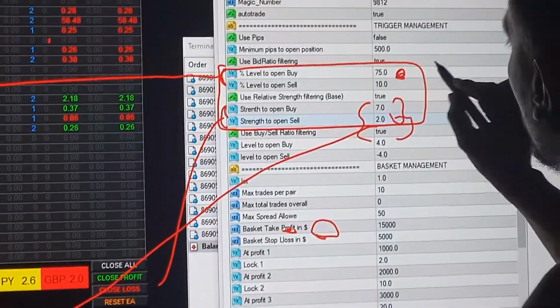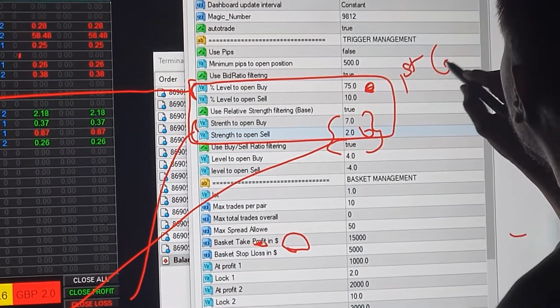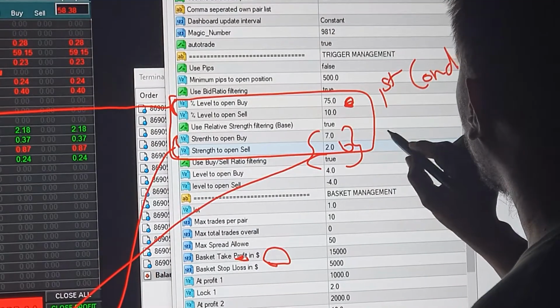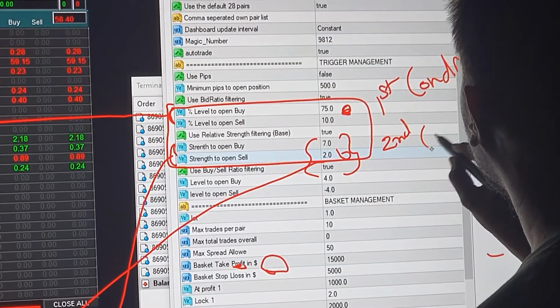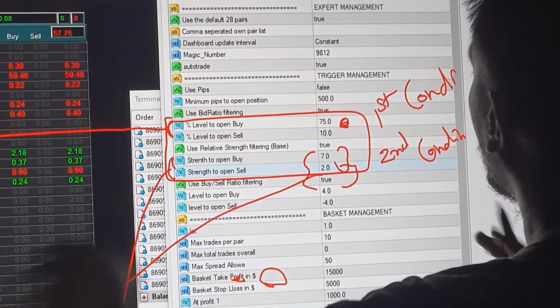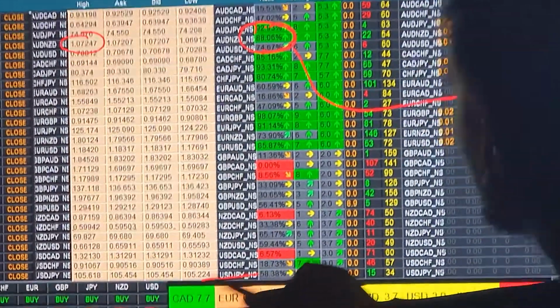So there are two conditions. The first condition is this one, and this is the second condition. What does it mean? We had already seen the 4 layer; this is the 2 layer confirmation. First the strength will come and the individual parameter will also be set.